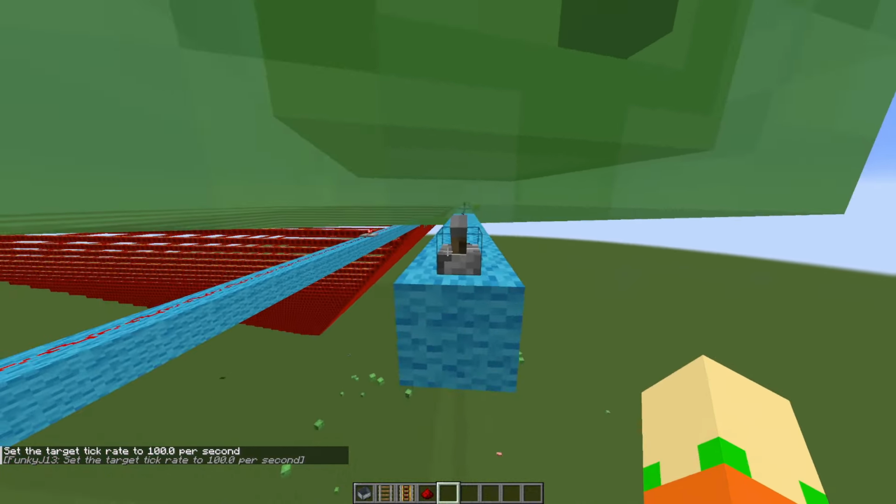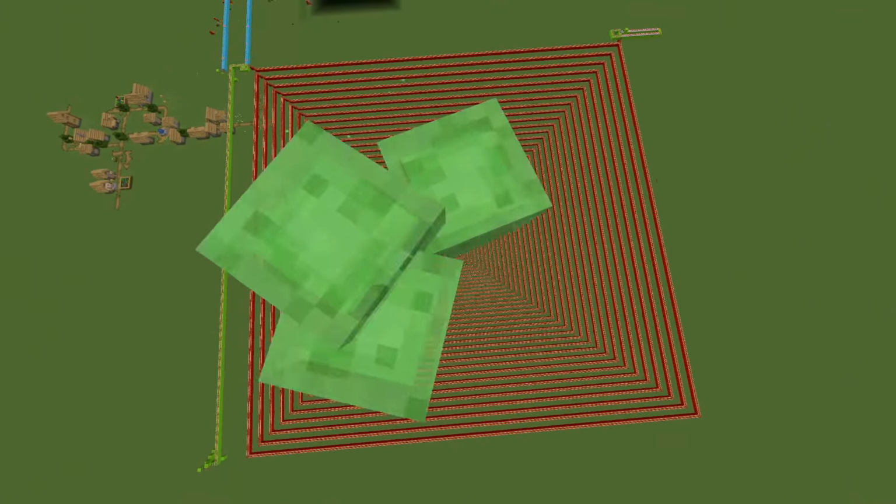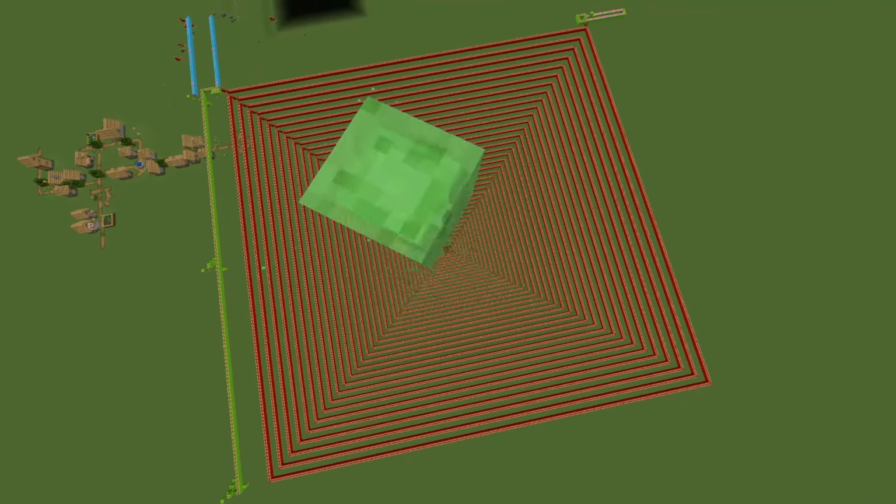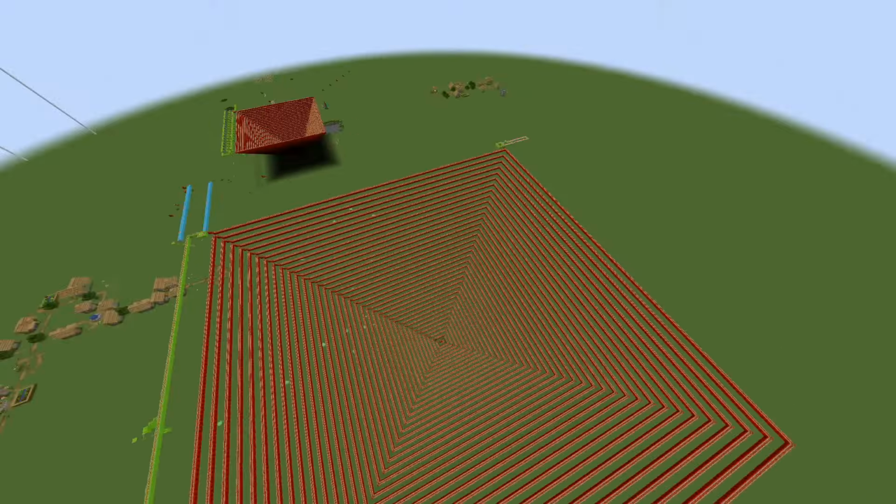The game can barely comprehend how fast they're moving, and they should be launched out one at a time. 1, 2, 3. There they go. Okay, let's see if we can meet them over there falling through the sky. Let's see, where are they? Yep, there they are. Okay, so yeah, they just fall much, much faster with the tick rate up,